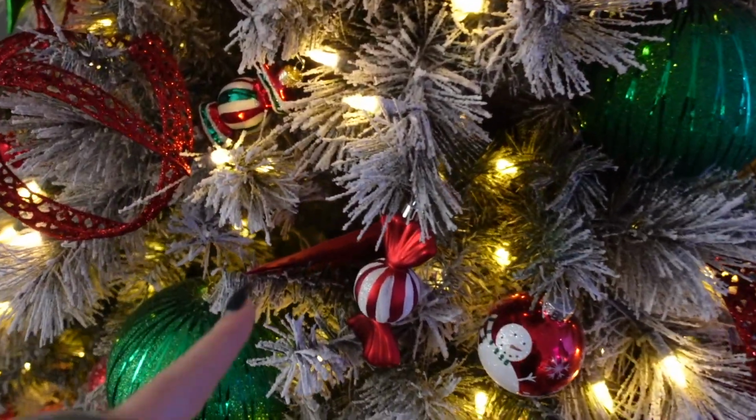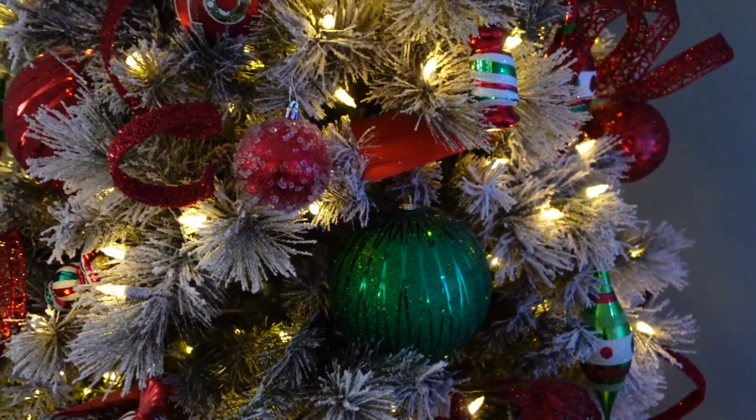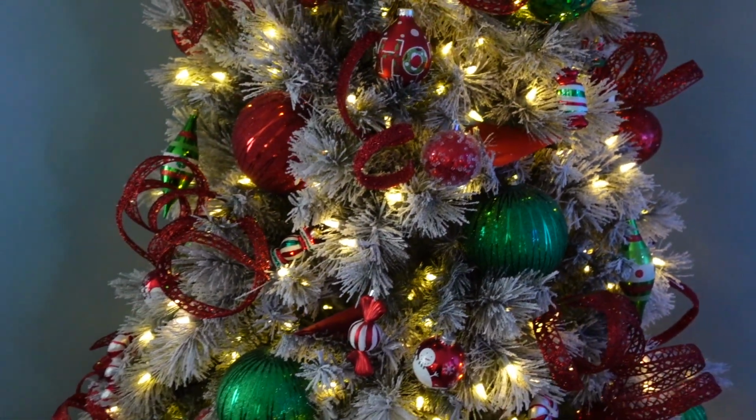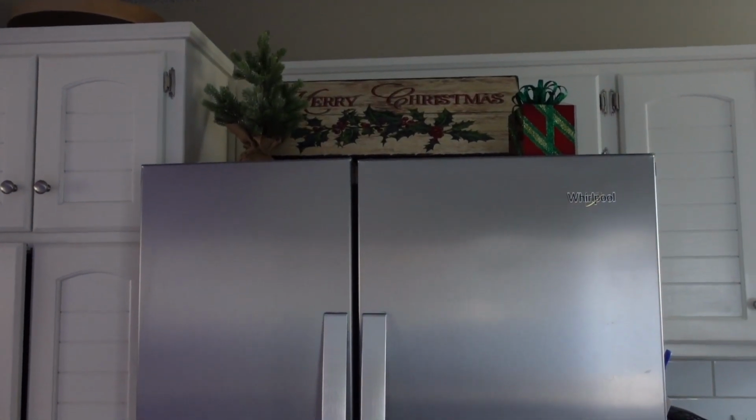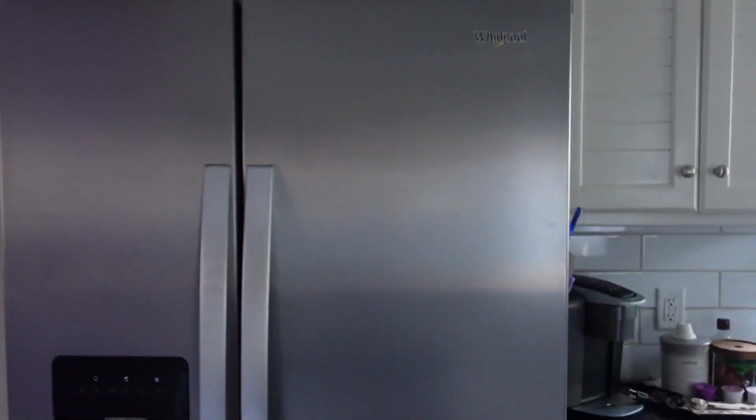Another thing to note is we have cards in our tree. So we do Christmas cards in my family, and once you get your cards, you tuck them into the tree until Christmas morning. Moving on to the kitchen, I have a few things in here on top of the fridge,